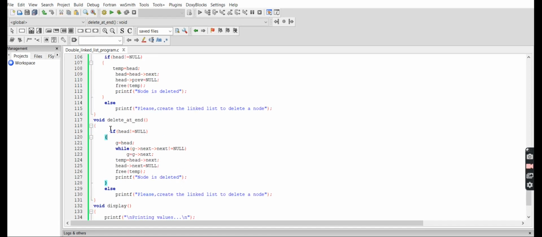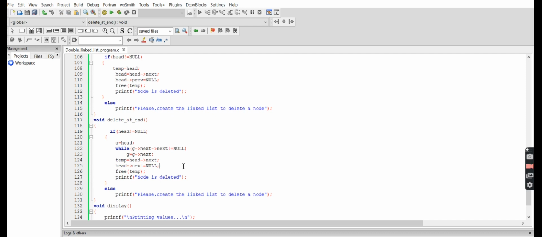Delete at end. Here I am using the same if condition, head not equal to null. If the condition is true, then it goes inside the if. Here we separate the last node and delete it. For that purpose, we assign the head to g, and then use a while loop with the condition g of next is not equal to null.